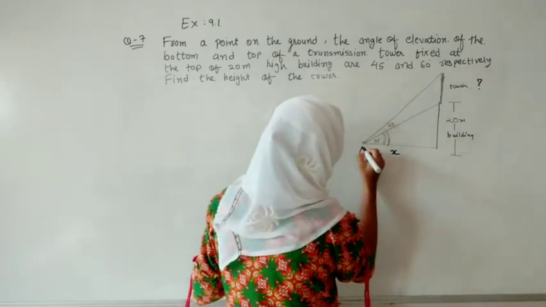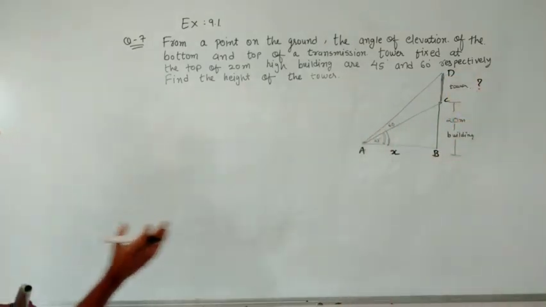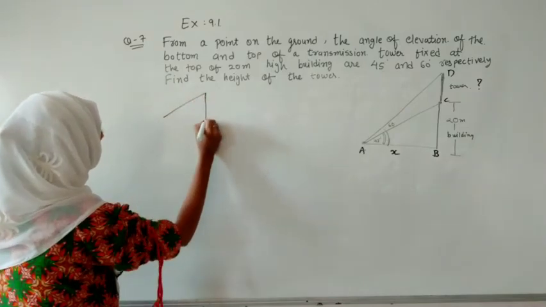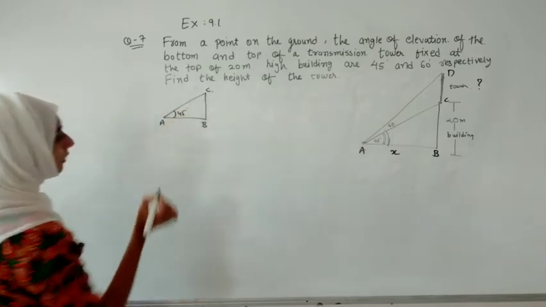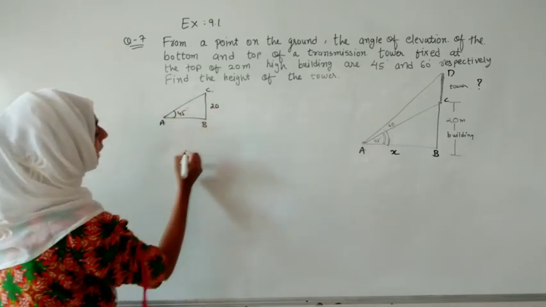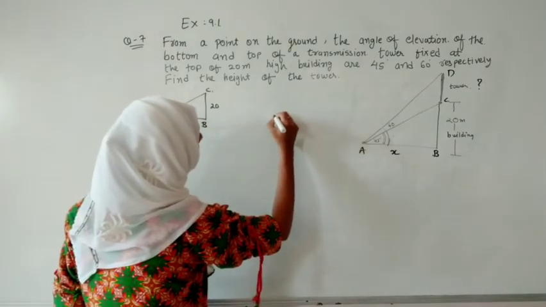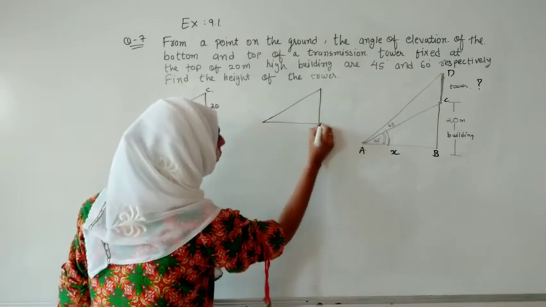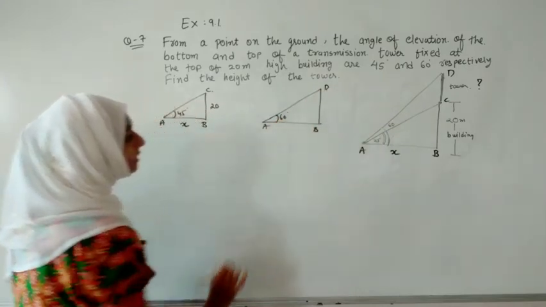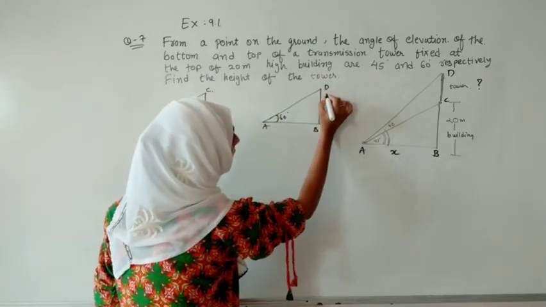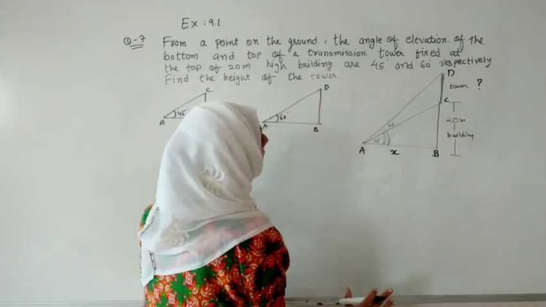So here let me give the names. If this triangle is known as ABCD, first we have to work on triangle ABC. In that, theta is given as 45 degree, BC is given as 20, and AB is not given, so let us take it as x. Then in the second figure, on which we have to work, that will be triangle ABD, and in that this theta will become 60 degree. And we do not know this, and we know this as 20.